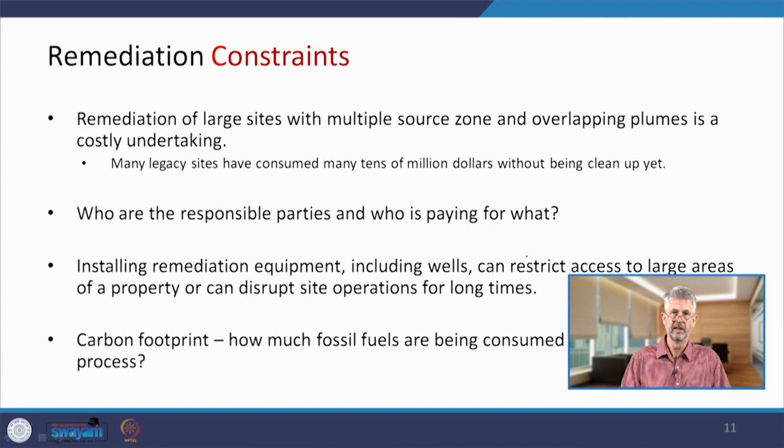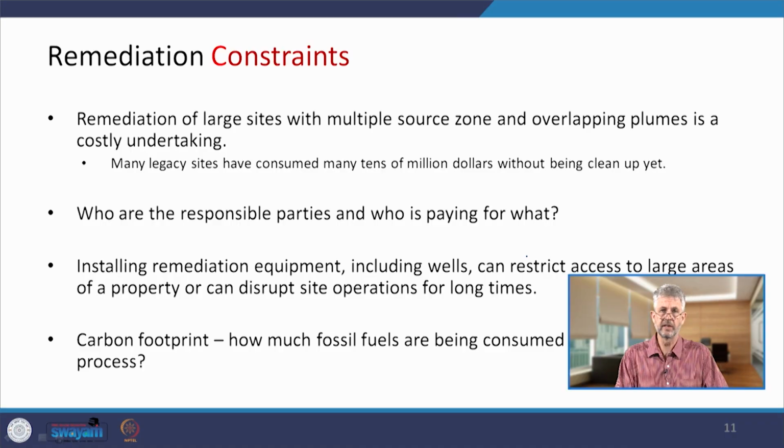And that leads to the next question. Who is the responsible party, or parties, plural? And who's paying for what? Again, we're not talking small sums of money, so it needs to be clear who's paying for what. And often, as in the case of the United States, when there's no responsible party to be held accountable, it falls back to the taxpayer. And when the taxpayer is involved in cleaning up these expensive sites, the taxpayer wants to know that the tax dollars are spent appropriately.